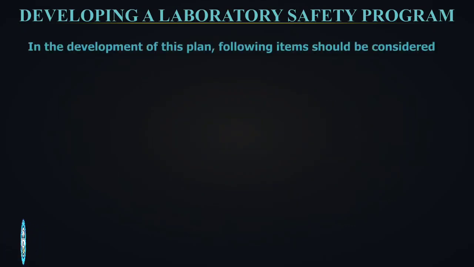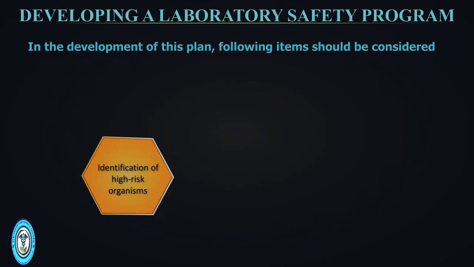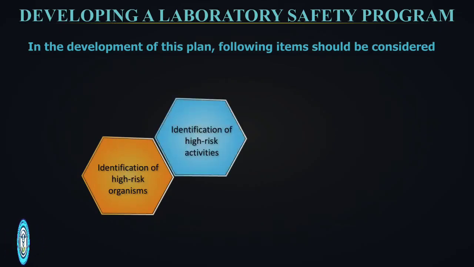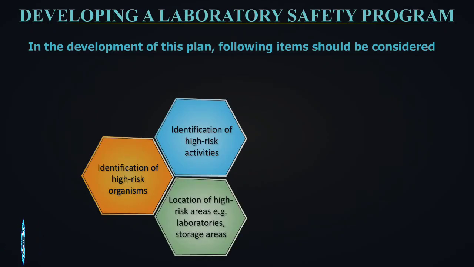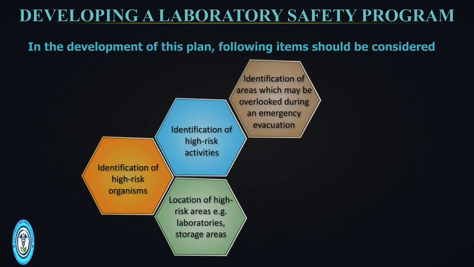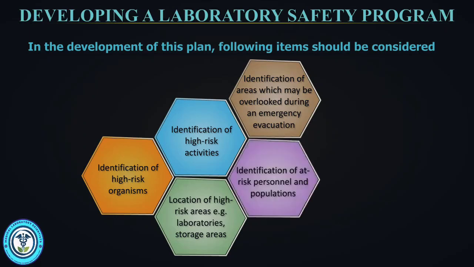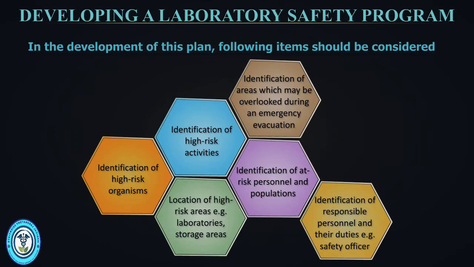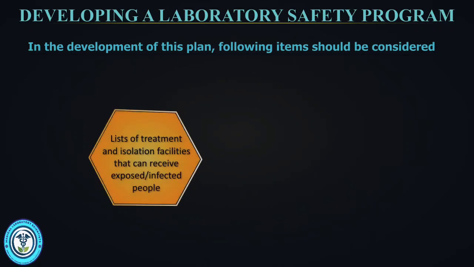In the development of this plan, the following items should be considered: identification of high-risk organisms, identification of high-risk activities, location of high-risk areas, for example, laboratories, storage areas, identification of areas which may be overlooked during an emergency evacuation, identification of at-risk personnel and populations, identification of responsible personnel and their duties, for example, safety officer,